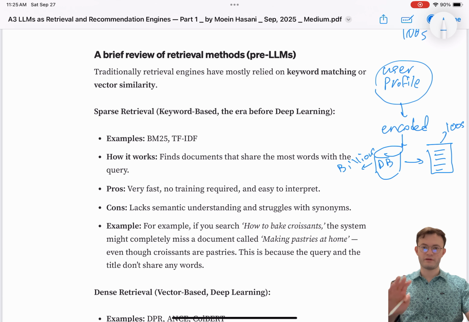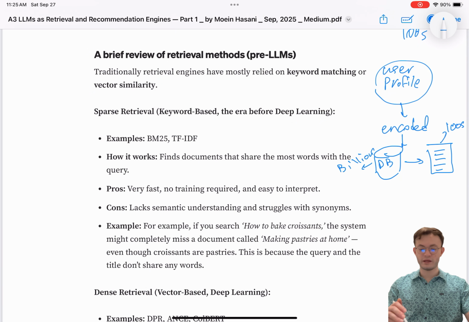The pro is that it's very fast. As I mentioned, it just looks for how many times a word happened in this document, and then it's simple calculations. But the disadvantage, the con, of this method is that it lacks semantic understanding.